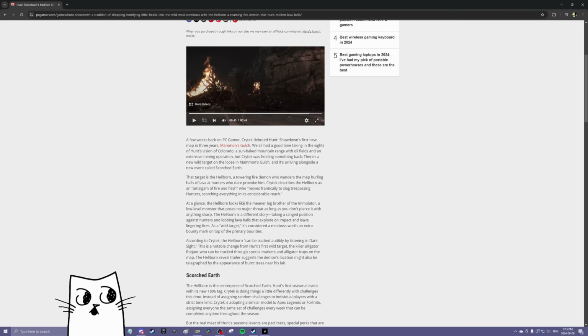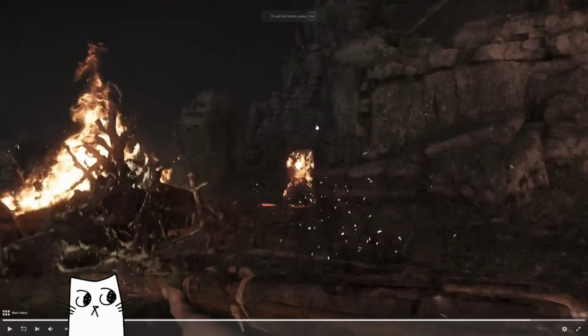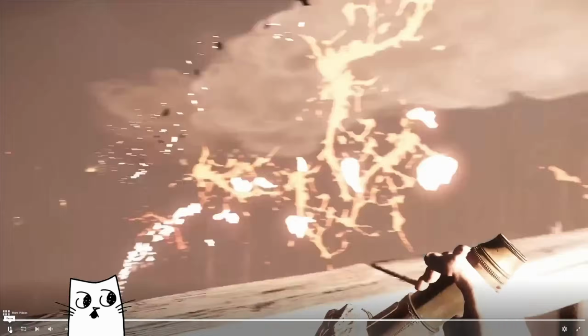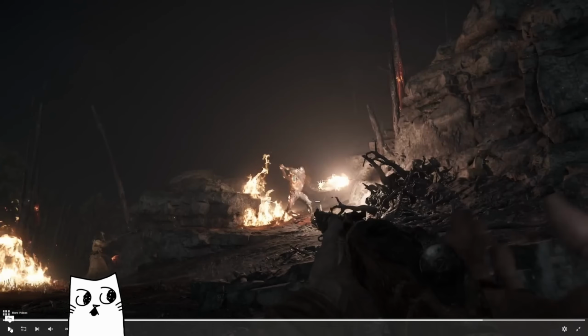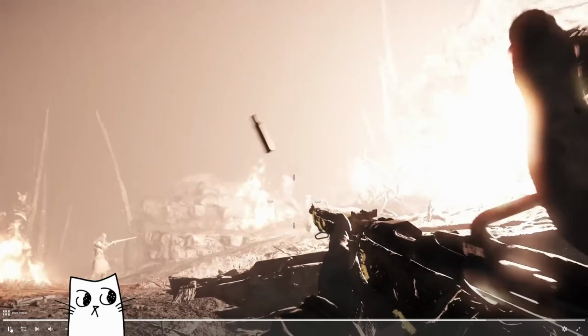At a glance, the Hellborn looks like the meaner brother of the Immolator, a low-level monster that poses no major threat as long as you don't pierce it with anything sharp. This is bullshit. Immolators are always priority. Hellborn is a different story, taking a ranged position against hunters and lobbing lava balls that explode on impact and leave lingering fires. So my understanding is that it doesn't work like a typical Immolator, because we see them shooting it, right? And it doesn't change unless it's already ignited, but